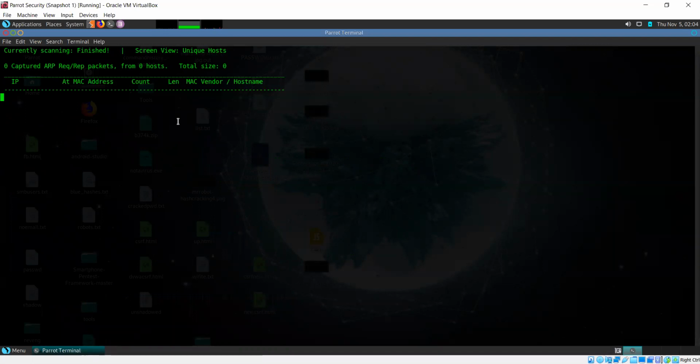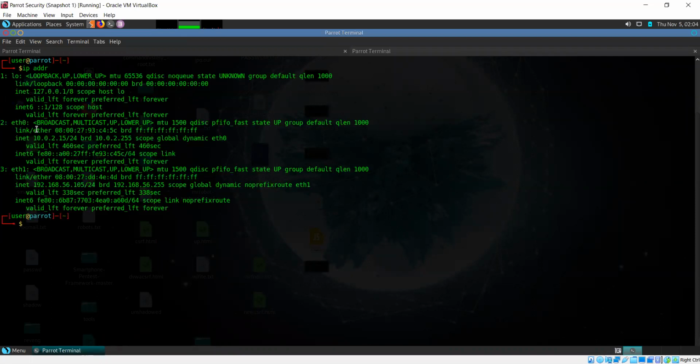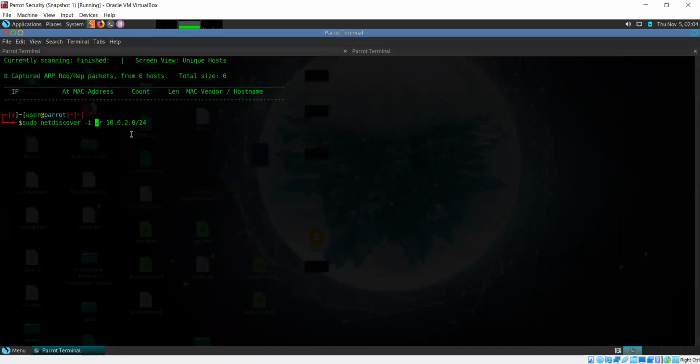So apparently it was unable to find anything. Let me try specifying the correct interface as well for this. -I, and the interfaces, let me just... interface is Ethernet 0. So strange.